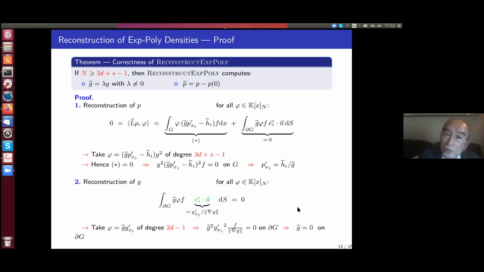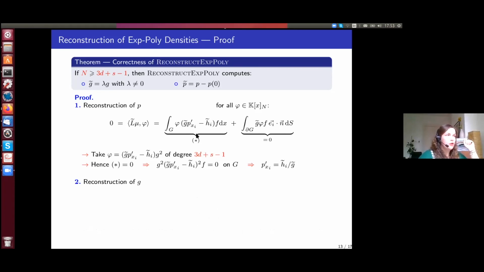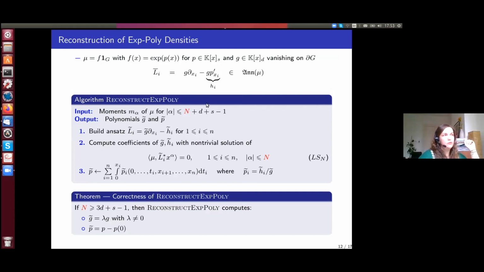So that relation was assumed in the hypothesis of the result, right? Yes. So in the hypothesis, what you assume is that you are searching for a holonomic. So you are imposing this ansatz. You say, okay, what I know is that my density is a polynomial of p, exponential of p, where p is a polynomial of total degree s. S is fixed. That's why the bound depends on s, and also g cannot be anything else but a polynomial of total degree at most d. And then you know that your operator will be something like this,